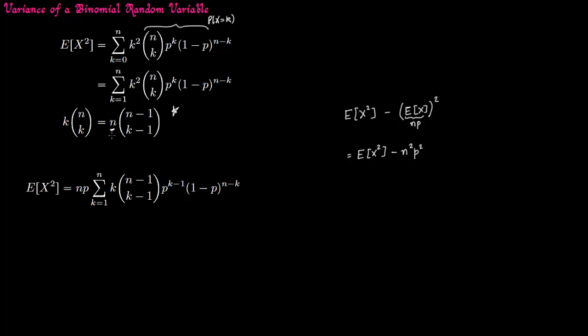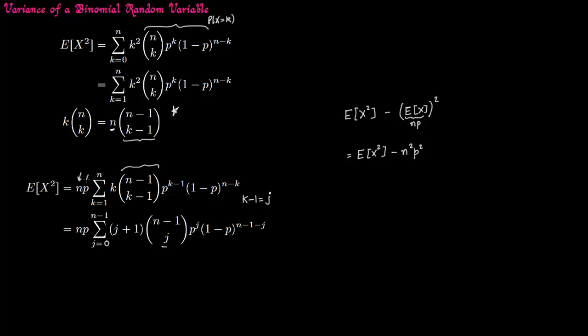So this n we take out here. So we still have one k remaining because we are substituting k times n choose k. So one k will remain. So that k is here, and this expression comes right here. Everything else we copy as such. So now we substitute k minus 1 as j. So instead of k minus 1 you put j here.